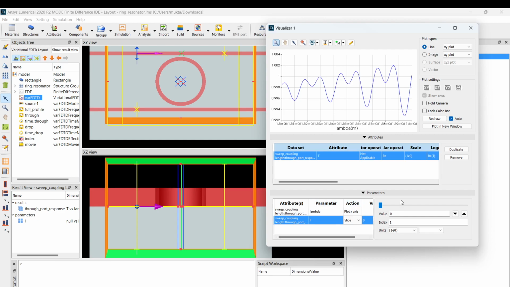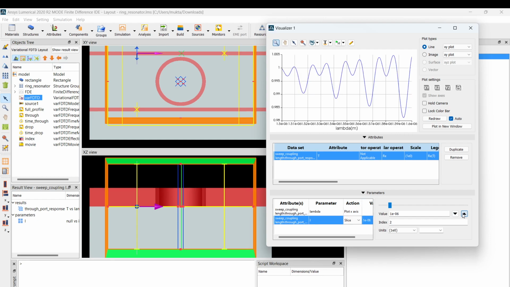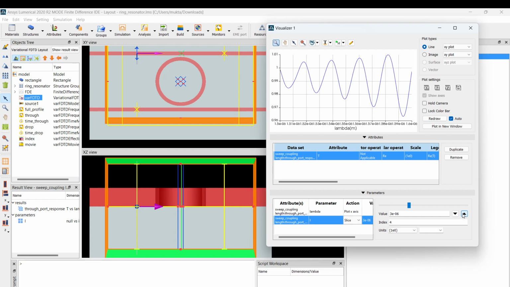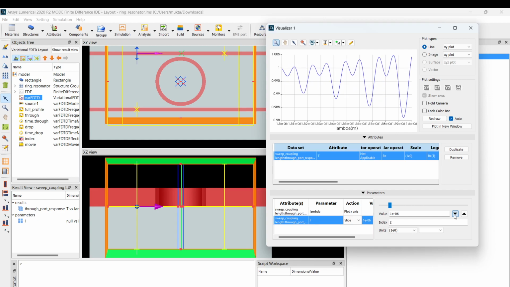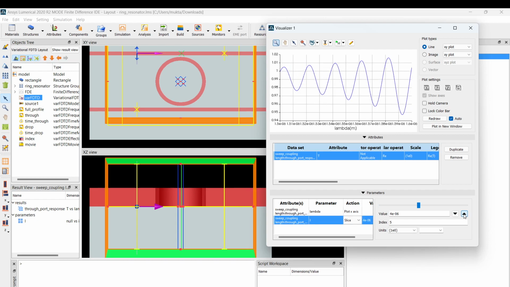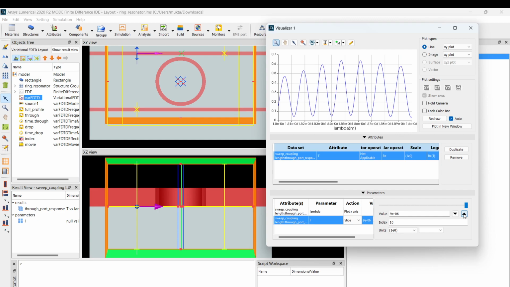For a coupling length of 9, you see the difference between the wavelengths that are passing and the wavelengths that are not passing.